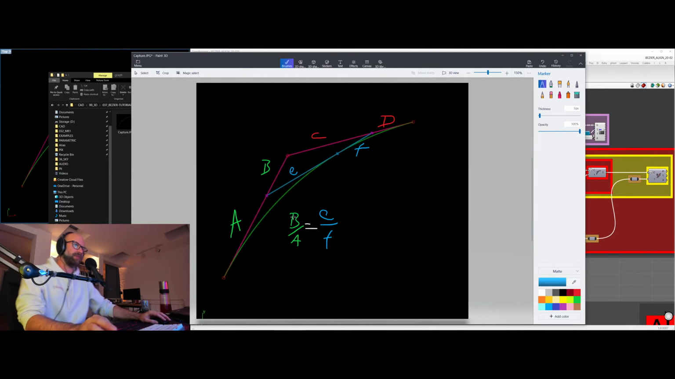And then if we actually want, because this is given, we want to figure out B. So we can just multiply everything by A. So then that means B equals A times E divided by F. So now what we basically did, we figured out the length of the vector B,